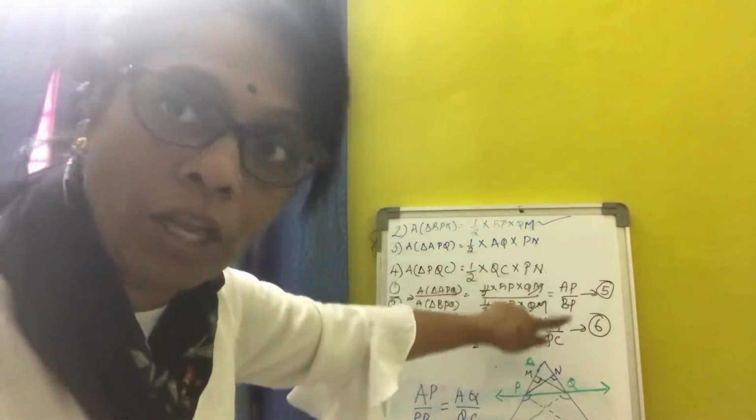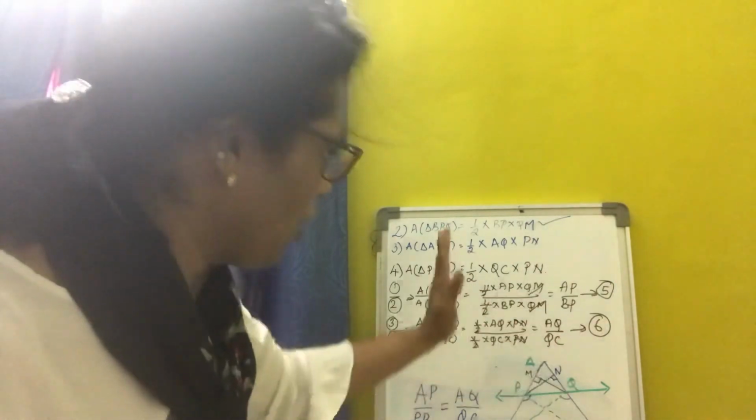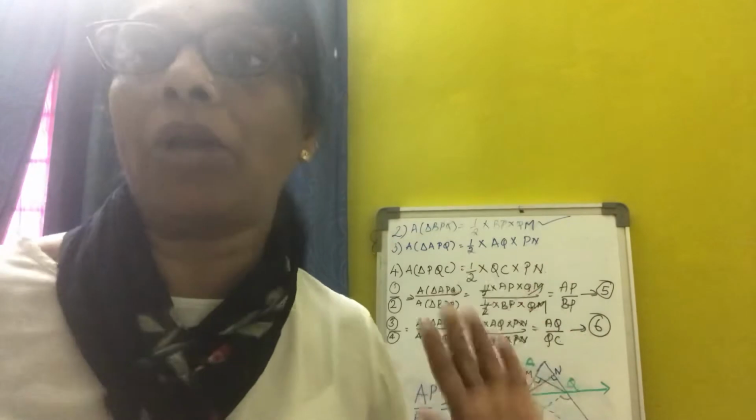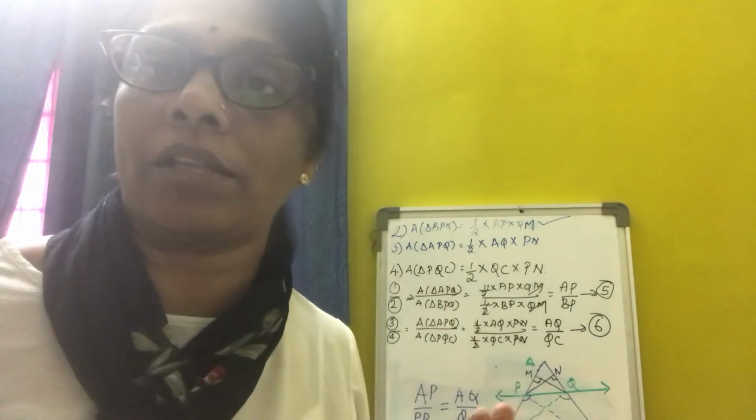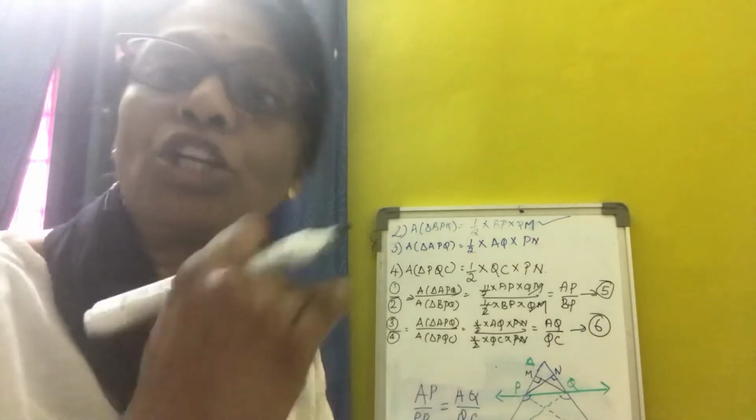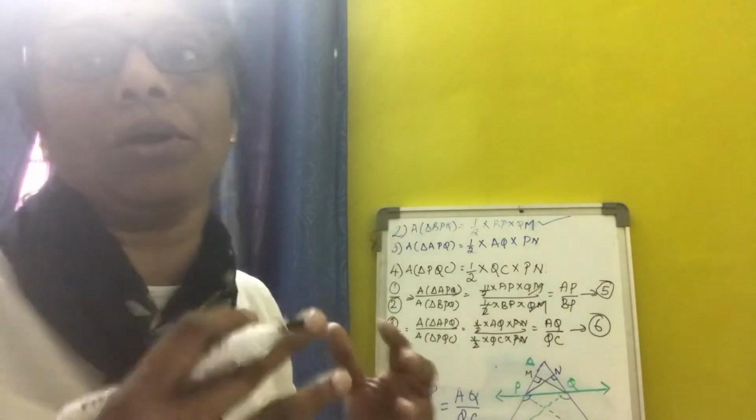How can these be equal? These both are in the RHS. If LHS are equal, RHS can be equal. So that is our Euclid's theorem: things which are equal to each other are equal to one another. So you see now we have to approach it, we have to reach it. Now how can we reach it?